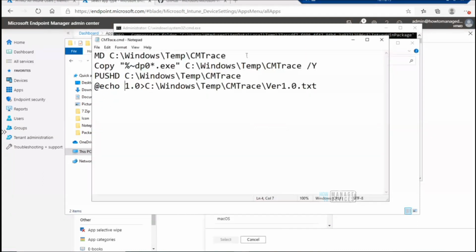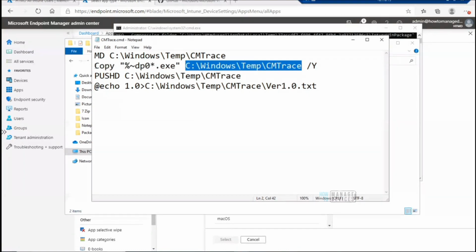The CMD file is something simple. I am going to make a directory in the Windows Temp folder called CMTrace, right? And I'm going to copy CMTrace from whatever location the Intune Win32 application, or the Intune management extension service, is going to run this command from on the device, to this particular folder, right?